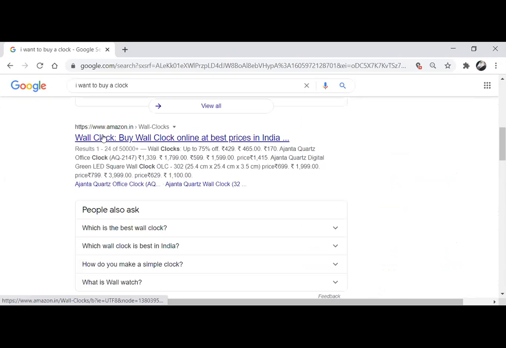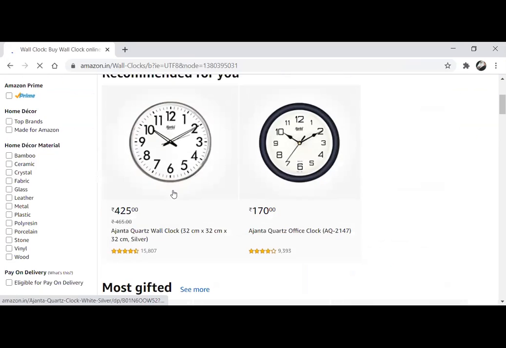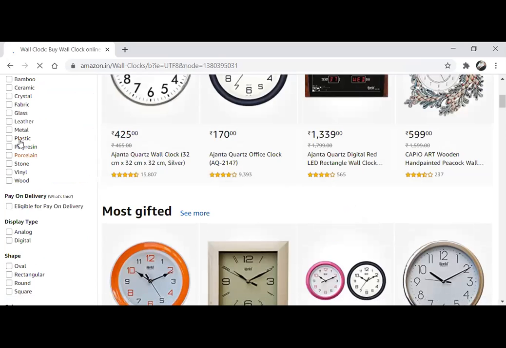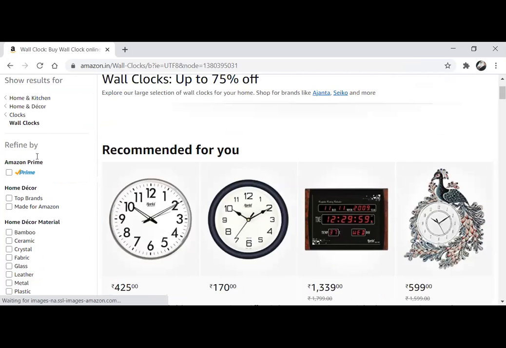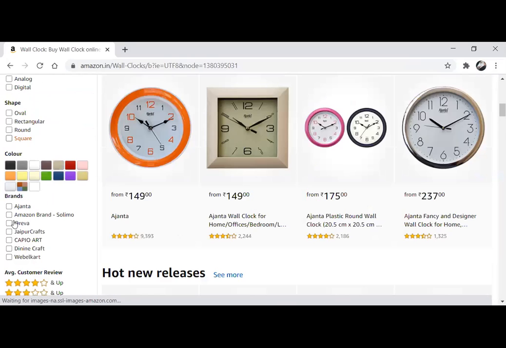It is still ranked first because the content related to buying a clock on amazon.com is quite rich. If a person goes to amazon.com, he will end up buying a clock of his choice. You'll get analog clocks of different shape, different material, and different price range. Then you can see the color which you like and choose accordingly.